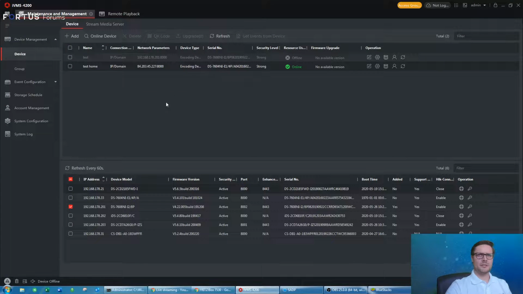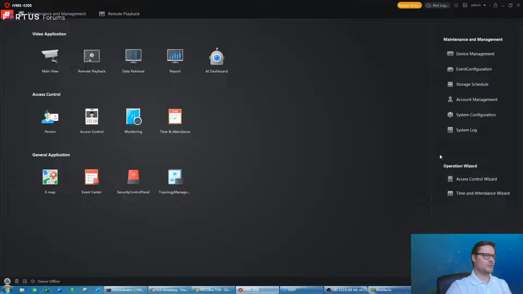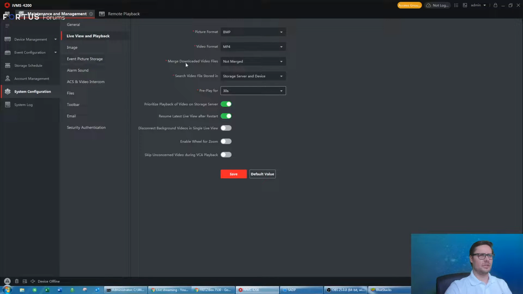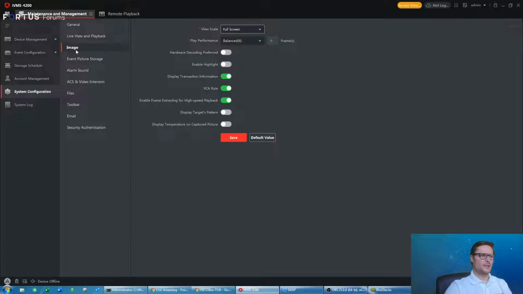While we're in the iVMS software, I'd just like to show you a few bits in the software itself that might help you to use that software, especially when you have multiple cameras connected to this software, not just 4, 8 or so, but in the case we have a 64 or 32 camera system. In the system configuration, there's general system settings, but also there's live view, playback, and so on. When you go to the image settings,